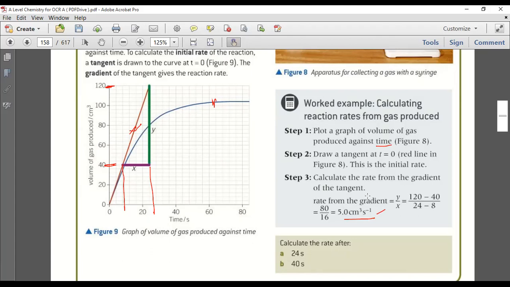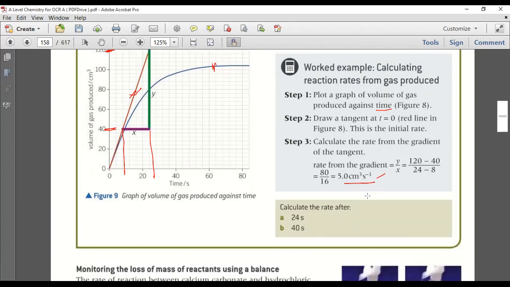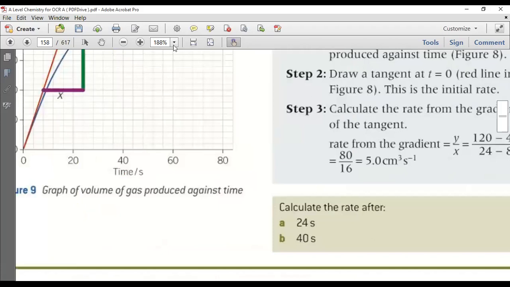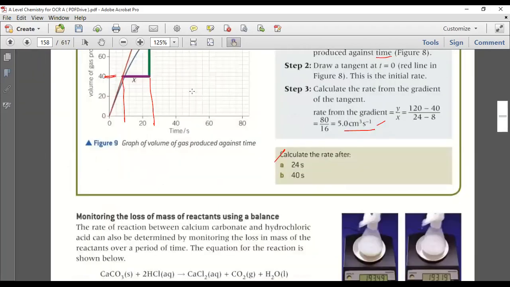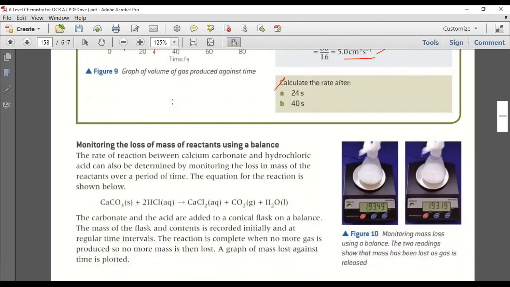Clear? Any doubt? Okay. Now you need to calculate the rate of reaction after 24 seconds and 40 seconds. You can do this as homework. Got it? Okay. Now you can use the following method also, that is monitoring the loss of mass of